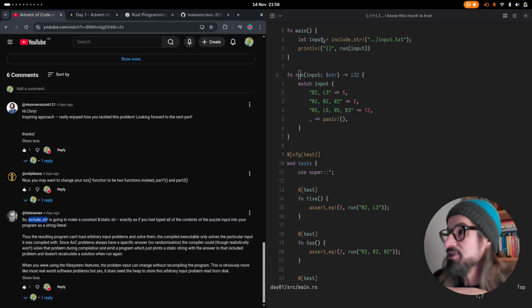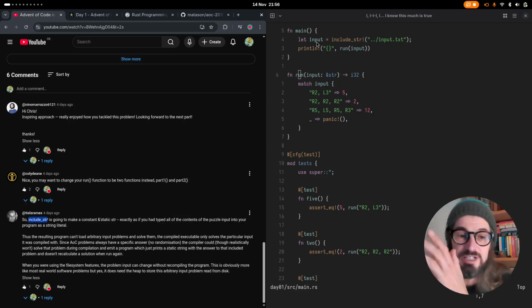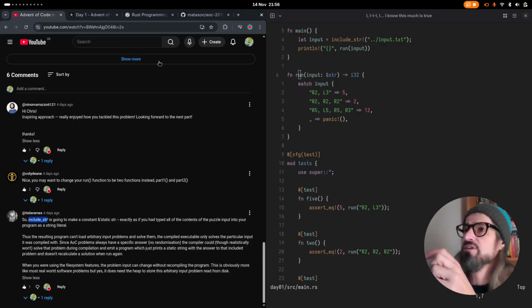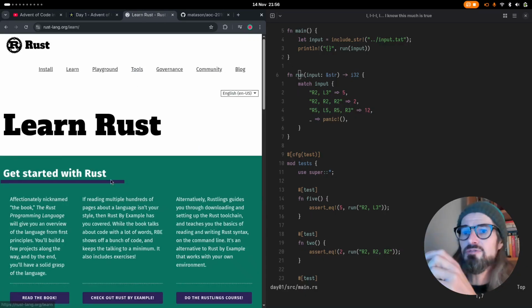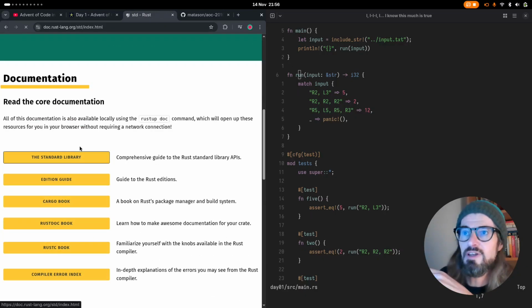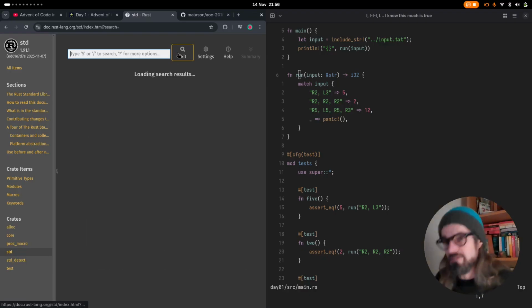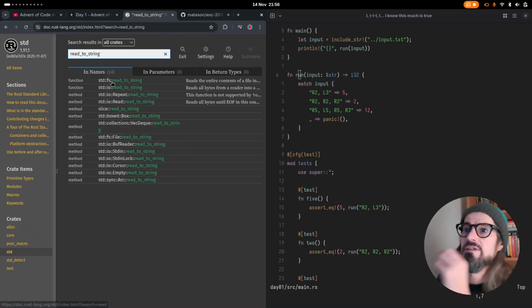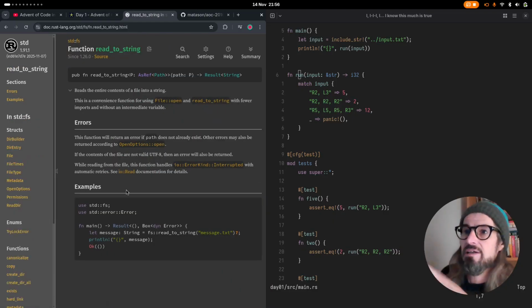I'd said in my previous video that when I had a go at doing Advent of Code 2015 in Rust a couple of years ago, I had used the read to string function from the FS module. We can have a look at that. Read to string. Here we go. So I wasn't doing exactly this. I wasn't using the question mark operator at the time. I was just calling an expect on